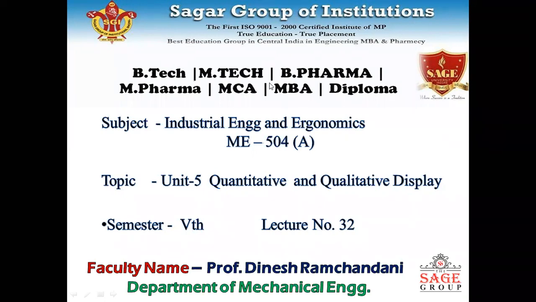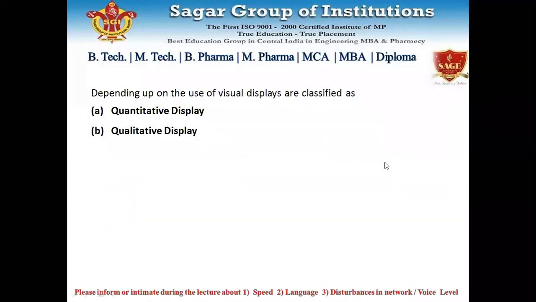that is quantitative display and qualitative display. So what exactly is quantitative display and qualitative display? First, let us understand what is quantitative display. These are the displays which provide information about a numerical value or quantitative value. This means